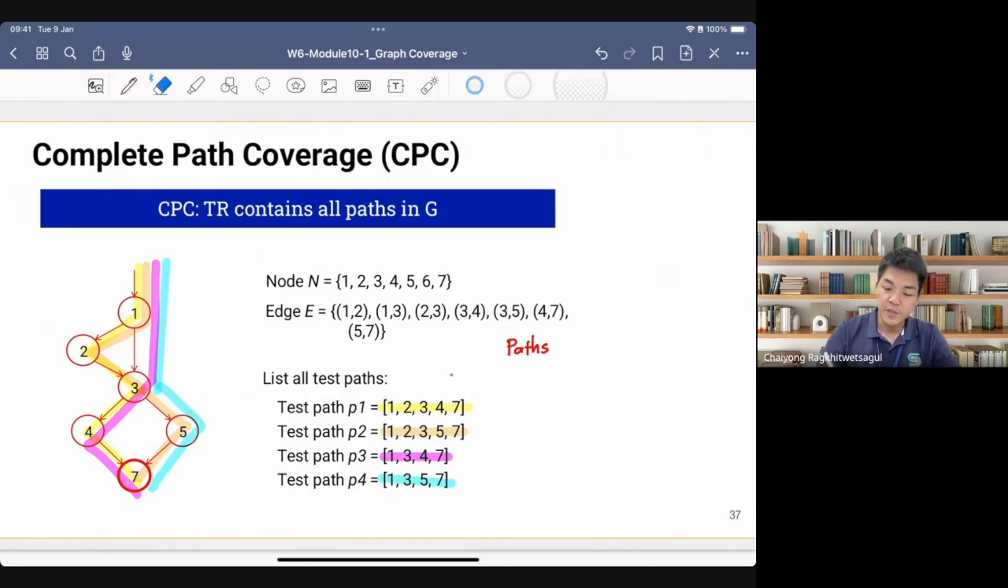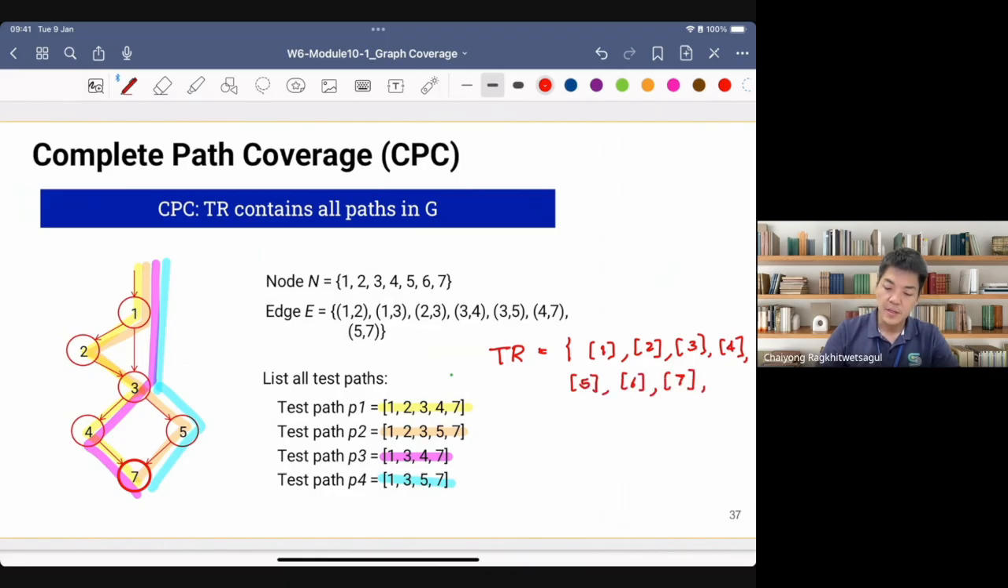Okay, I think I just call them the test requirement, right? So the TR will contain the paths 1, 2, 3, 4, 5, 6, 7, and then you have the paths of length 1: 1, 2, 1, 3, 2, 3, 3, 4, 3, 5, 4, 7,